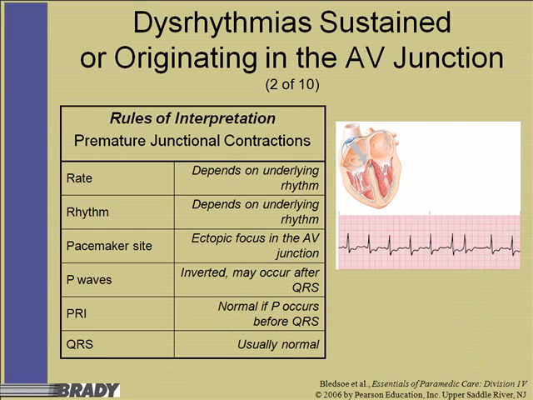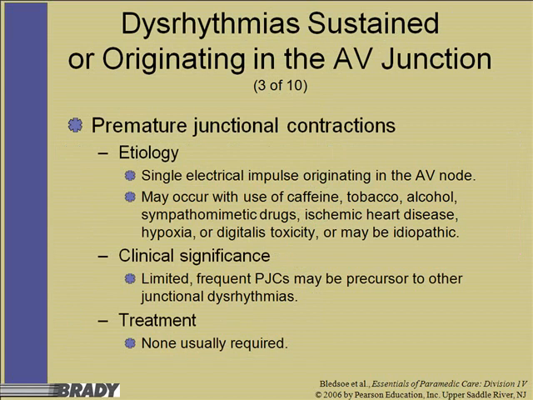P waves are inverted, so you notice these, they're down slope. PR interval normal if P wave occurs before the QRS and the QRS is still conducting properly. Maybe because of a single electrical impulse that's originating in the AV node, it may occur with caffeine, tobacco, and alcohol use, so it could have heart disease, hypoxia, DIG toxicity, or it may just be something the patient has